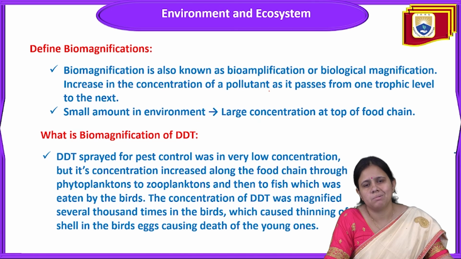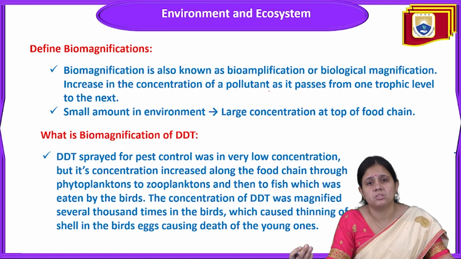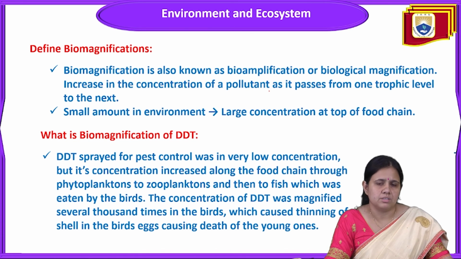For the lower trophic level, the pollutant is already in a very small amount, so it will not harm in such a manner. But if it is passed to the next trophic level, its concentration will automatically increase and it will be biomagnified, and due to the increase in concentration, it will harm at a very high level. Like that, if some amount of DDT is present in the water,